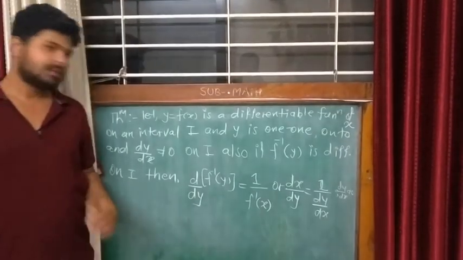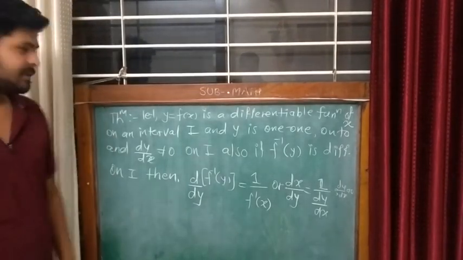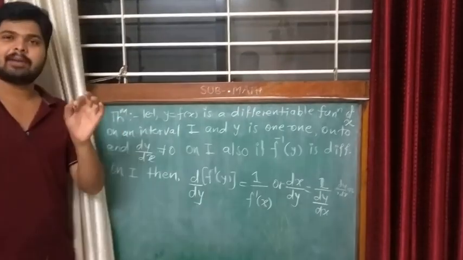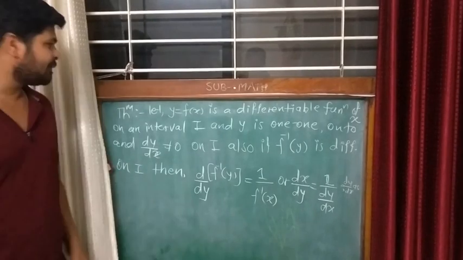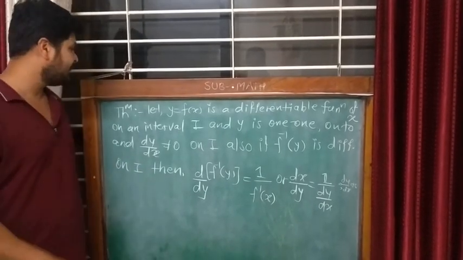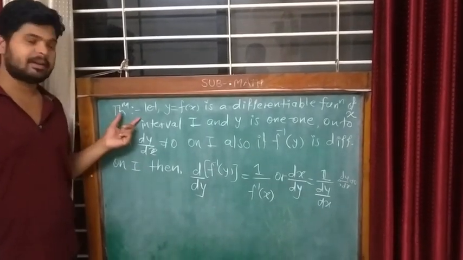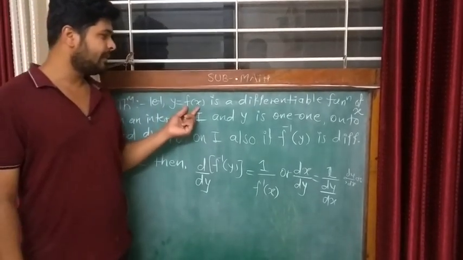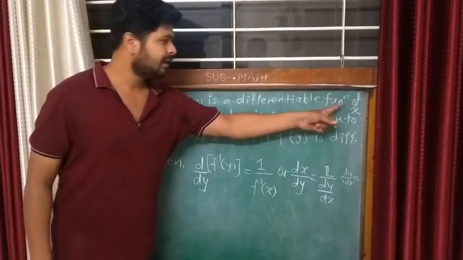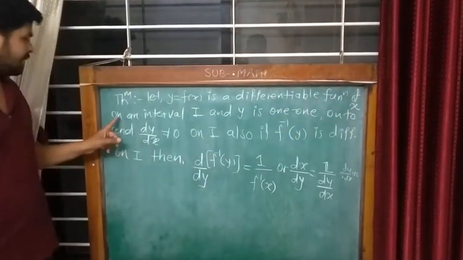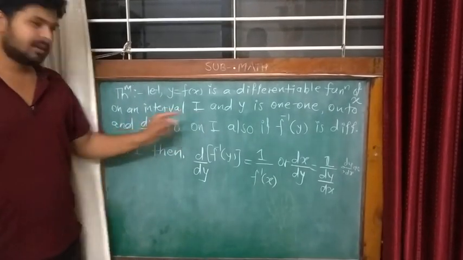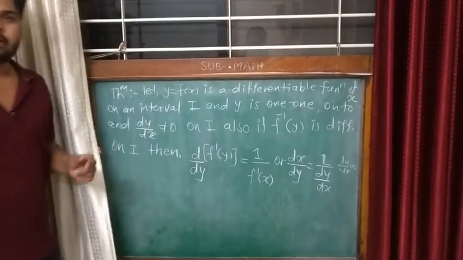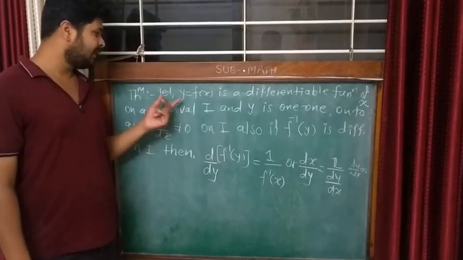So now the first point of this topic is our theorem. This is a very important theorem and will be asked for 3 marks in your final examination. The statement of the theorem is: let y equal to f of x be a differentiable function of x on an interval I. Now what does this interval I mean? It is just a set on which this function is defined,